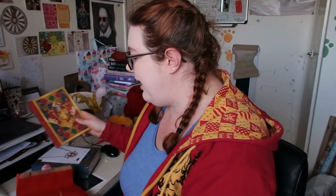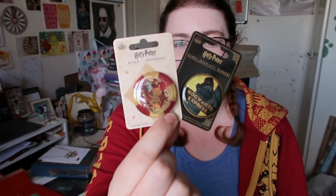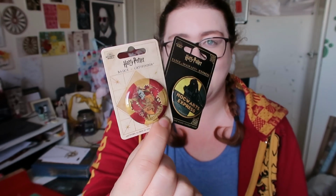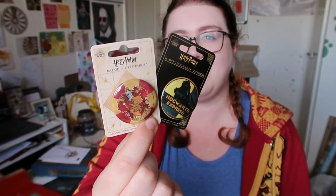And then the other two things that I got were two pin badges, and this is why I feel like it's excess stock. I got the Gryffindor pin badge and then the Hogwarts Express pin badge. Hopefully that's focused a little bit. So those were the two things that I got. These are worth about £3 each,